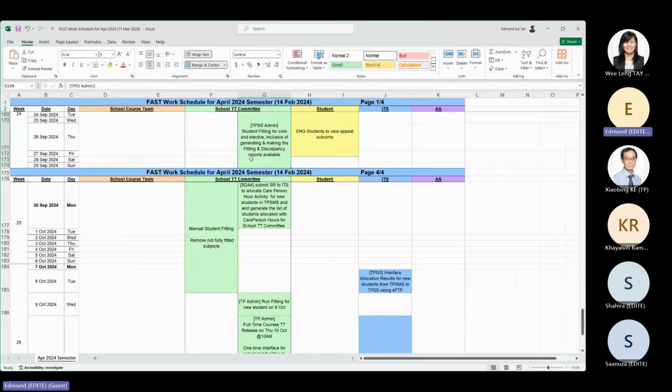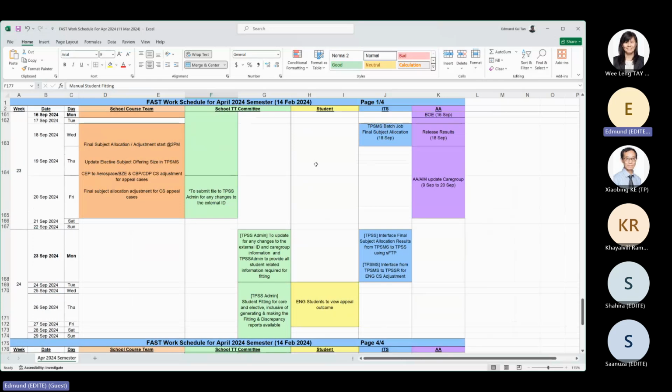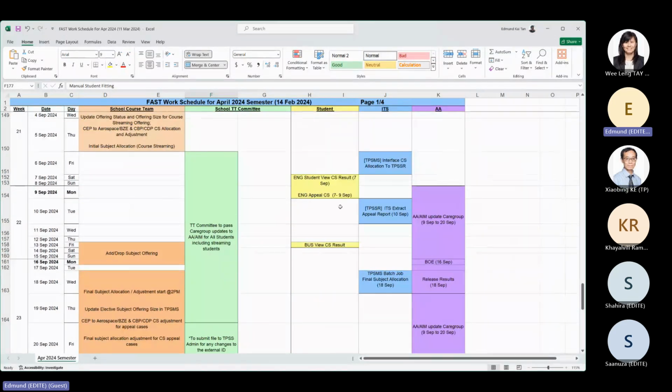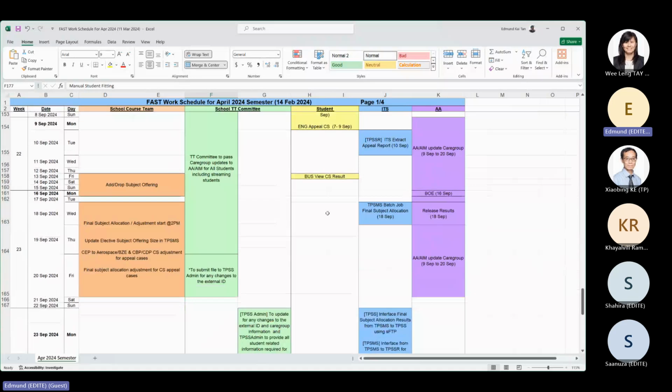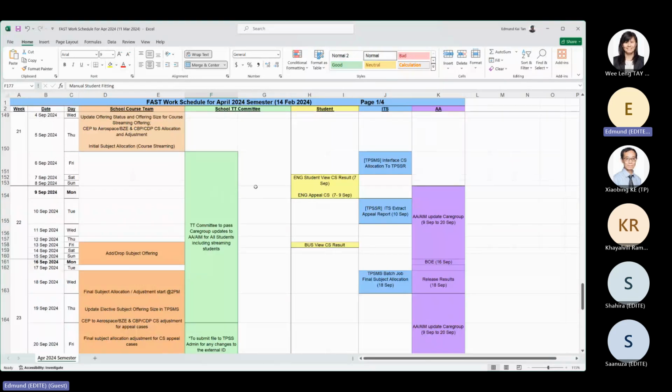Once the automated student fitting is done, you'll be back to the TT reps again. They will then have to check for potential clashes and manually move the students around for manual fitting. Why do they need manual student fitting? Because sometimes the student didn't get fitted properly into a subject of their selection, or because the student is a laggard student, because the results of the students at some point come in later. Can you see on the right hand side, there's this thing called student. So when the exam results come in, this is before the timetabling